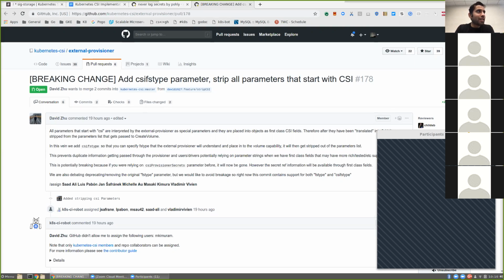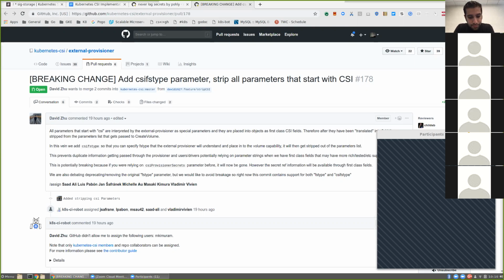So we kind of have a clean break between the parameters that are required by the external provisioner, which will be used and then stripped out by the external provisioner, and the parameters that the driver gets are only the things that the driver cares about. And what this allows the driver to do is to fail if it gets something it doesn't understand, or whatever it wants to do, basically.